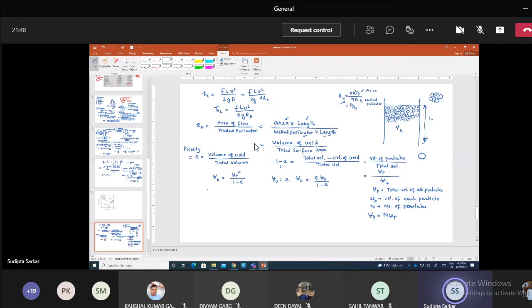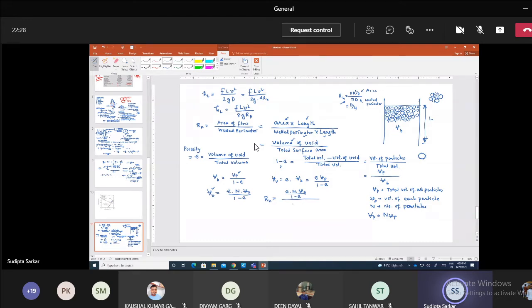So let us write here volume of void equals E into n into small v divided by 1 minus E. And so you can see RH equals what? RH is volume of void, which is E into n into v, divided by 1 minus E,